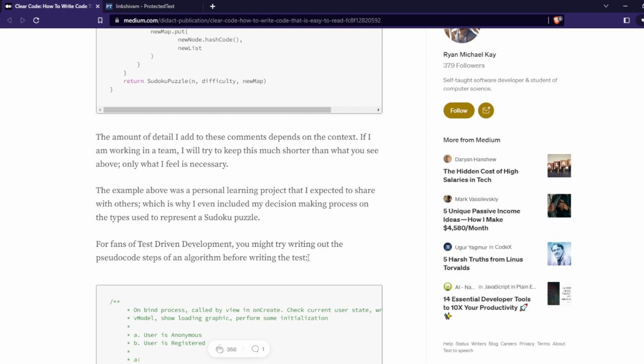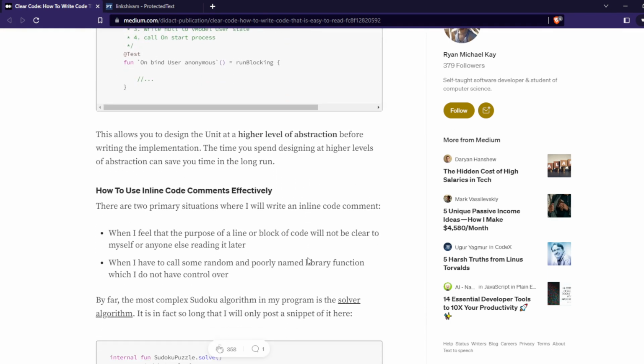For fans of test-driven development, you might try writing your pseudocode step by step algorithm before writing the test. This allows you to design the unit at a higher level of abstraction before writing the implementation. The time spent designing at a higher level of abstraction can save a lot of time. How to use inline code comments